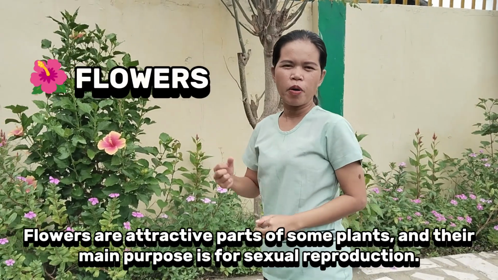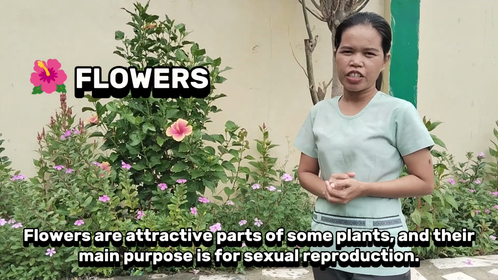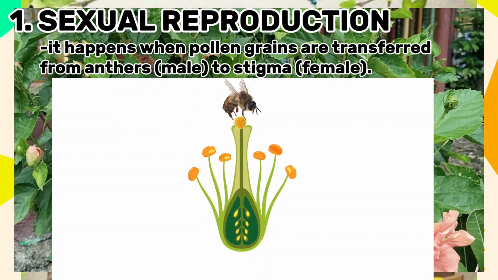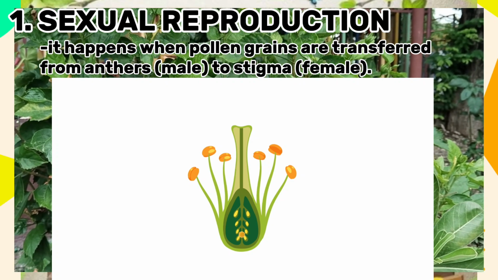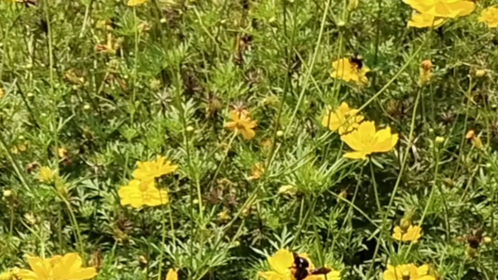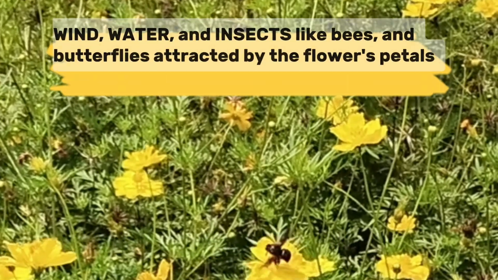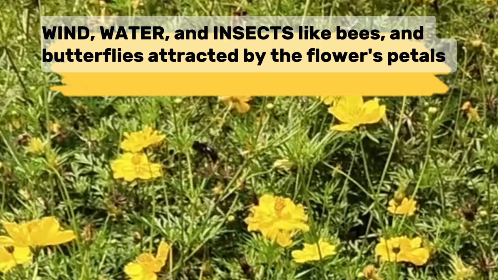Flowers are attractive parts of some plants, and their main purpose is for sexual reproduction. Sexual reproduction happens when pollen grains are transferred from the anthers, the male, to the stigma, the female. This process is called pollination. Pollination happens through the help of different agents like wind, water, and insects like bees and butterflies attracted by the